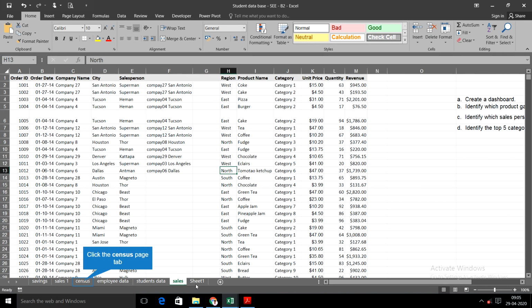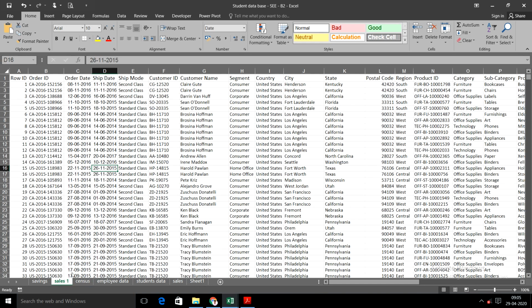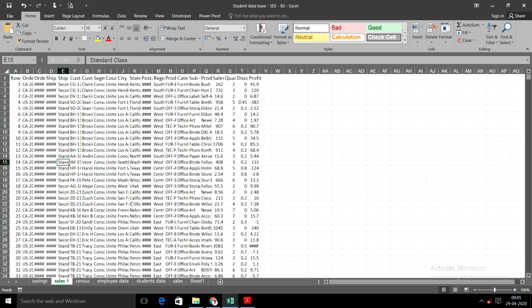So here I tell you another shortcut key on how to work on this table. When you download any data from your MIS or ERP software, you will get an output like this, where it is very difficult to understand what is in that output. We need to expand this column size to know what is there.